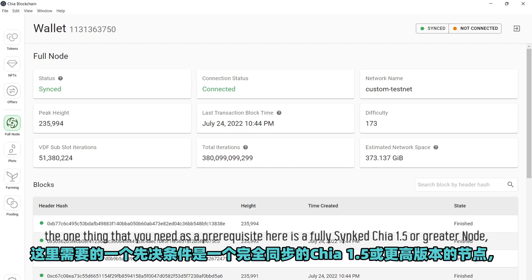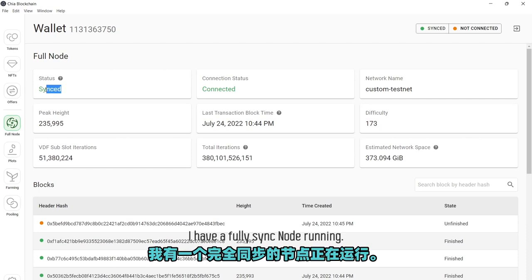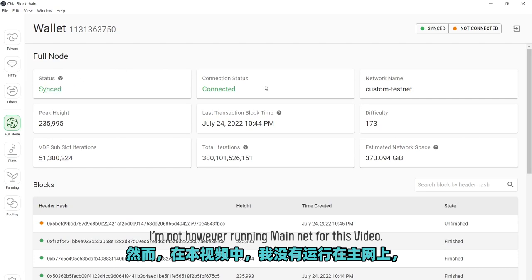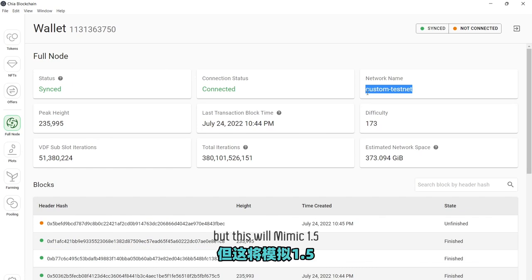The one thing that you need as a prerequisite here is a fully synced Chia 1.5 or greater node. And you'll see here I have a fully synced node running. I'm not, however, running mainnet for this video. I'm running a custom testnet. And the reason I'm doing that is because as I'm recording this, Chia 1.5 does not yet exist,